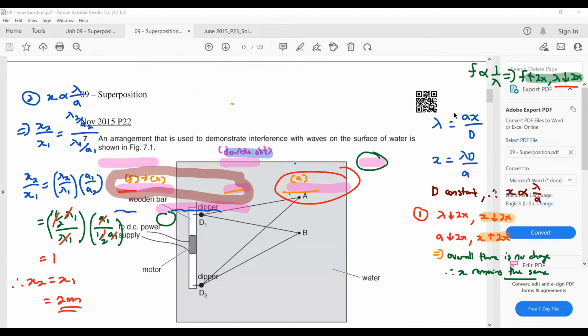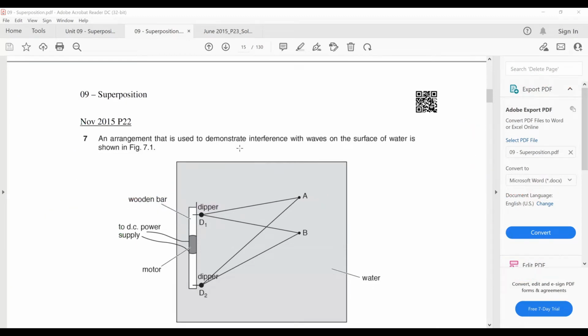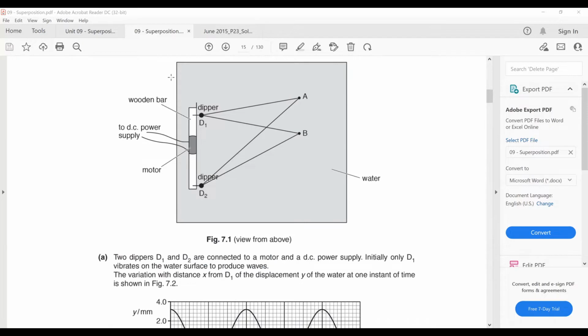So have a look at page 15. This one talks about path difference. The arrangement that is used to demonstrate interference with waves on the surface of the water is shown in figure 7.1. Two dippers D1, D2 are connected to motor and a DC power supply. Initially, only D1 vibrates on the water surface to produce water waves. The variation with distance x from D1 of the displacement y of the water at one instant of time is